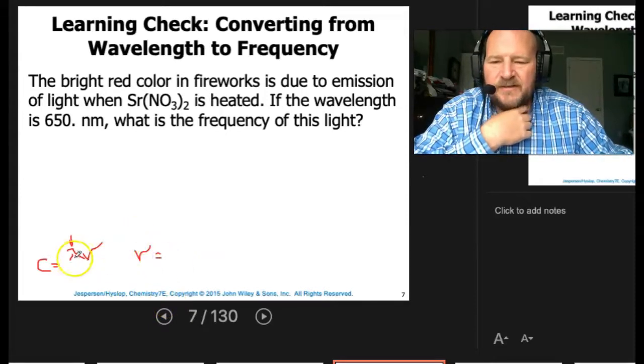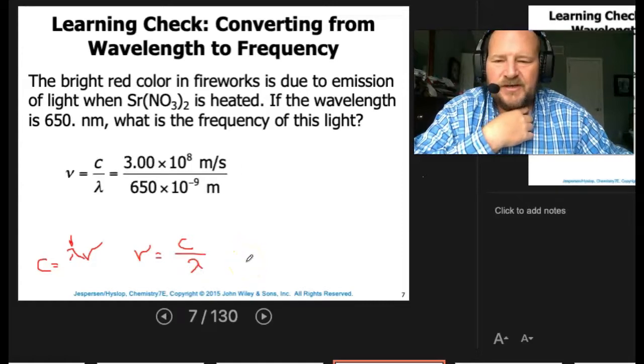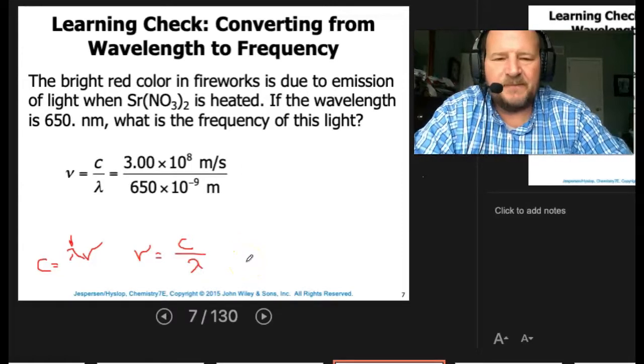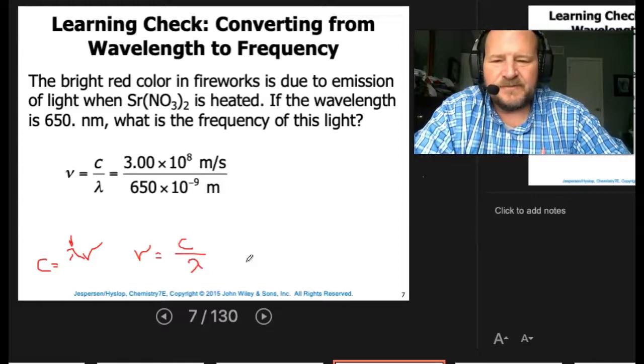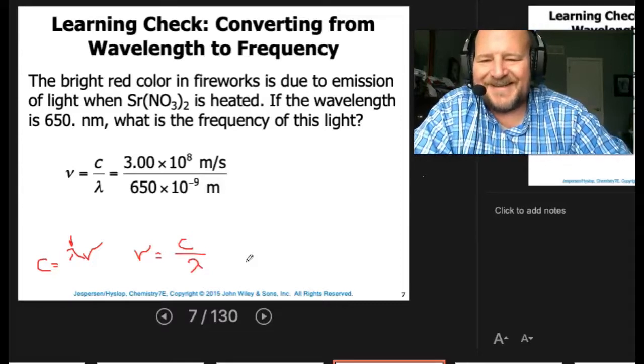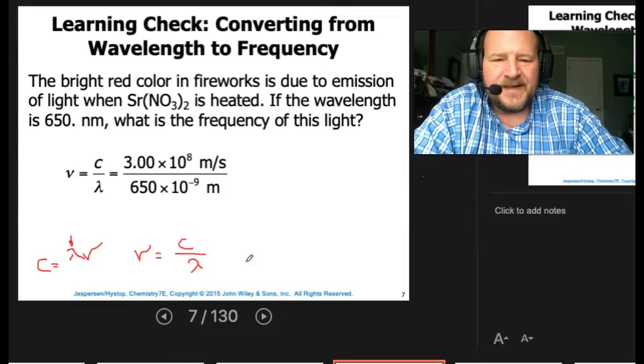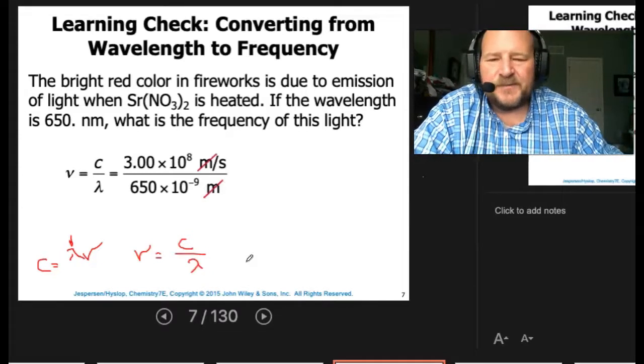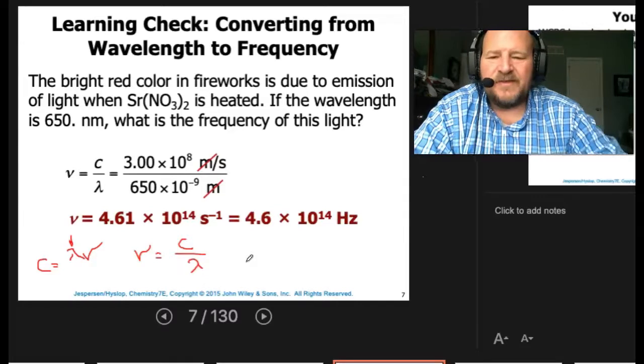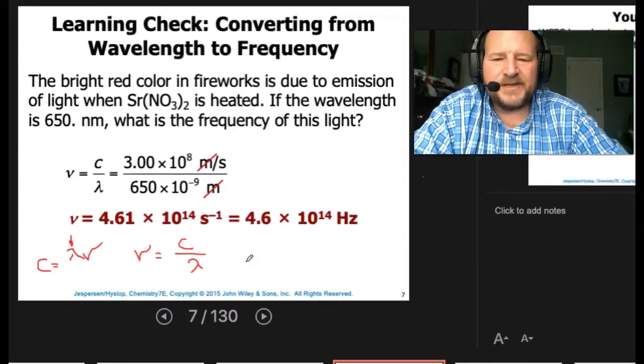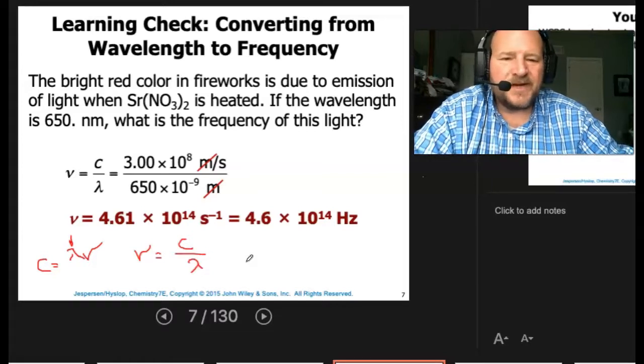would be equal to c divided by lambda. At this point, we'd be able to plug and chug. And so nu is equal to c over lambda. We're going to use 3.00, times 10 to the 8th meters per second. We'll divide that by the wavelength given to us, which is 650 nanometers, or 10 to the negative 9 meters. At this point, our meters will cancel out. We run that through our calculator and we'll get 4.6 times 10 to the 14 hertz, or cycles per second,